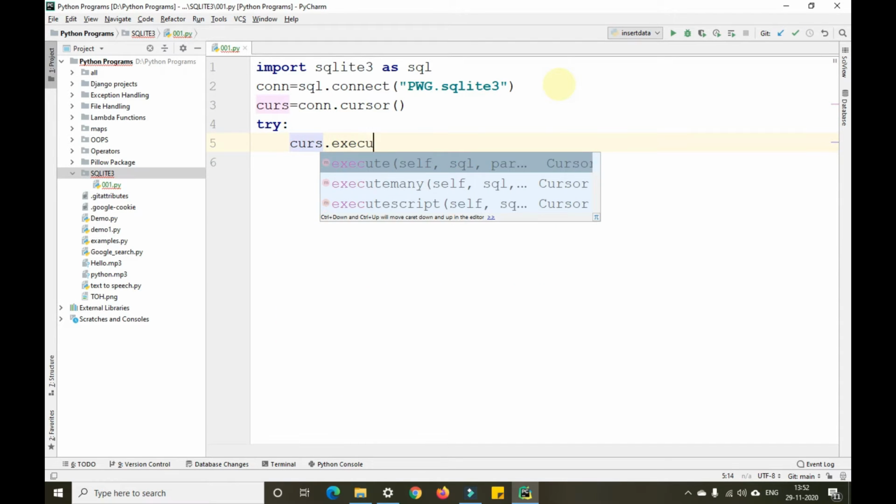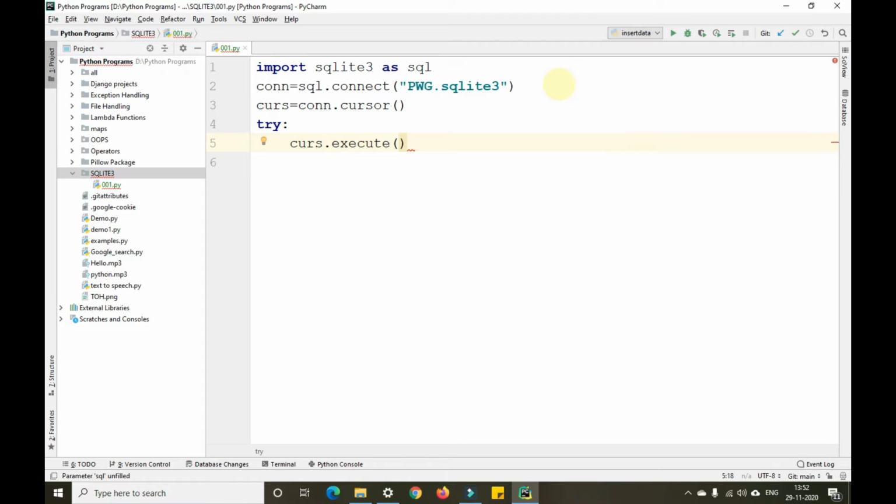curs.execute, with the double quotes open, create table employee with the following fields, that is the ID number as number and with unique as a constraint.